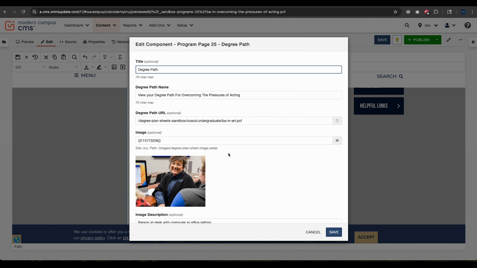Click Edit. And I'm going to look for, so here is the degree path name. So this is where you would change. It says view your degree path for, and this is where you put your program name. So this is mine, it's already in there. And then the URL, you put this in here. Just as an example, this was the one I had, and I paste it in there. You're going to add a .pcf at the end. And then what we're going to do is we're going to click